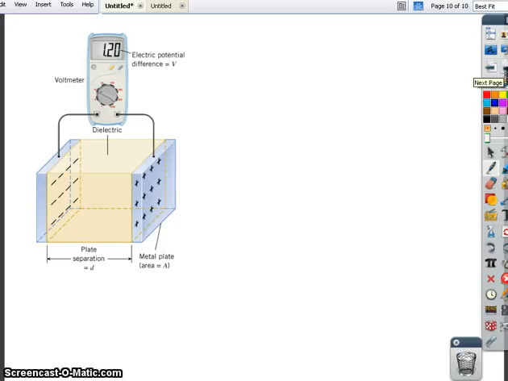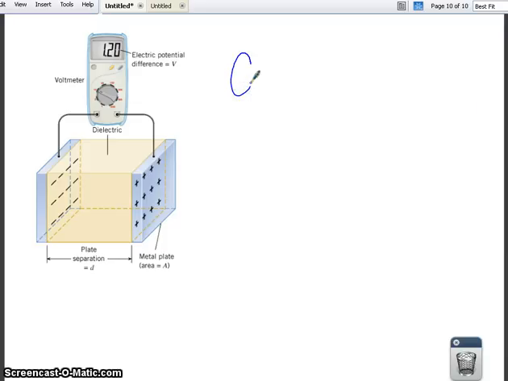And capacitance actually has another form of the equation. We can more specifically calculate the capacitance of a capacitor: C equals K epsilon naught area over d. So the capacitance of a capacitor is affected by the dielectric constant,